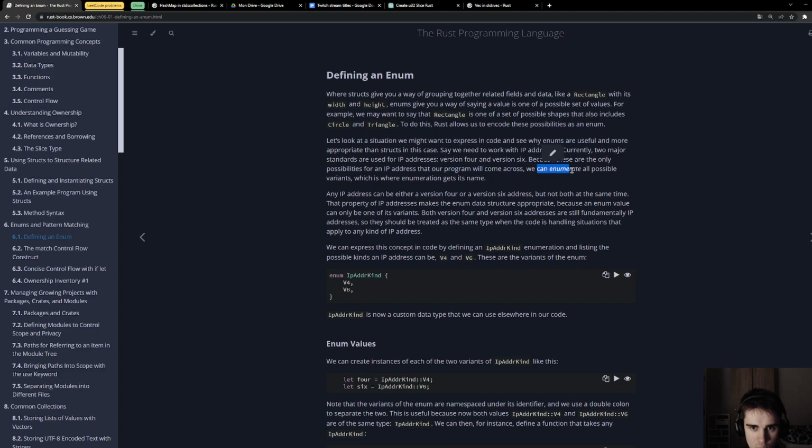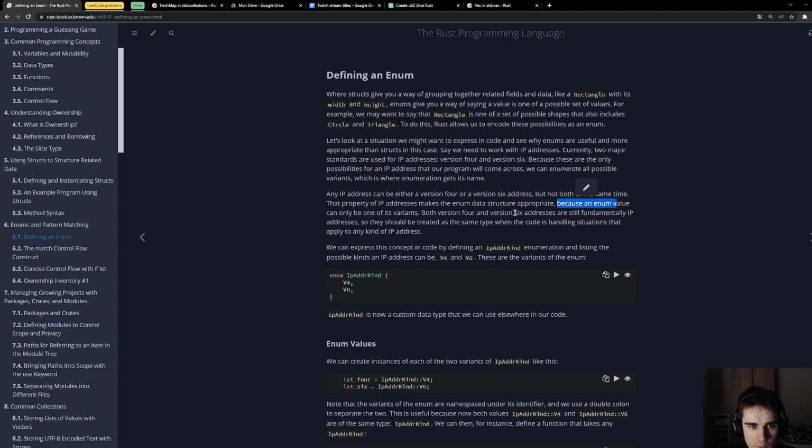We can enumerate all possible variants, which is where enumeration gets its name. Any IP address can be either a version 4 or a version 6 address, but not both at the same time. That property of IP addresses makes the enum data structure appropriate.